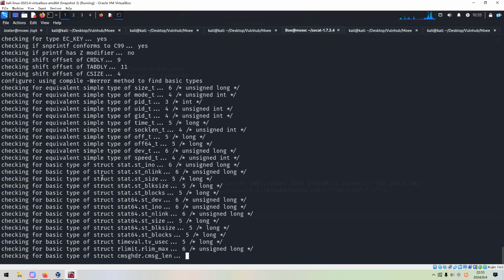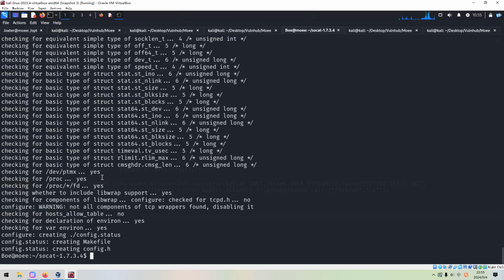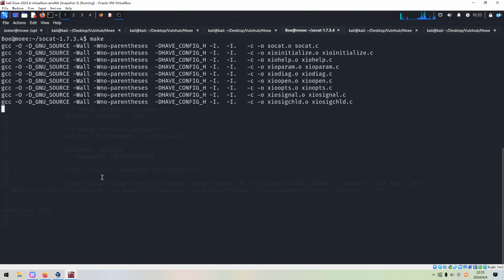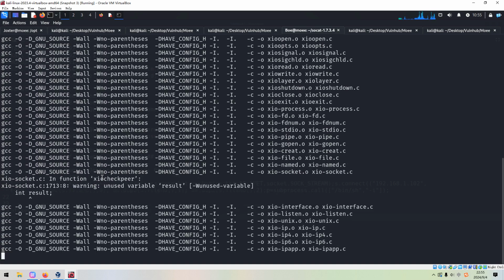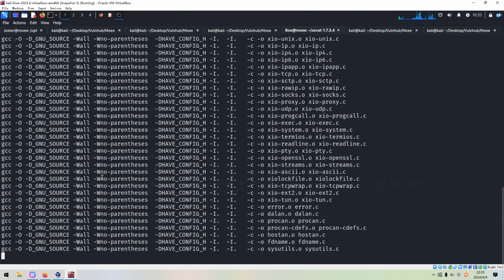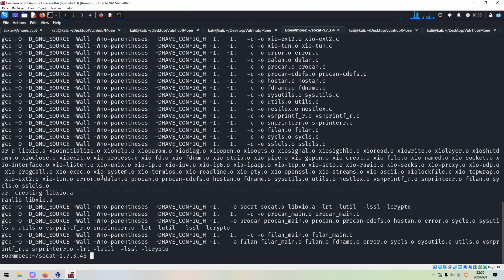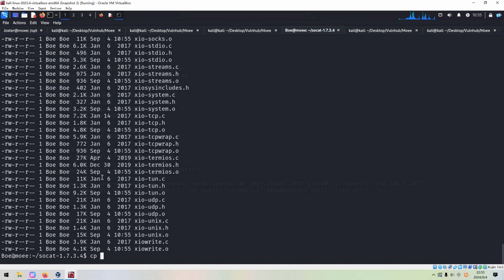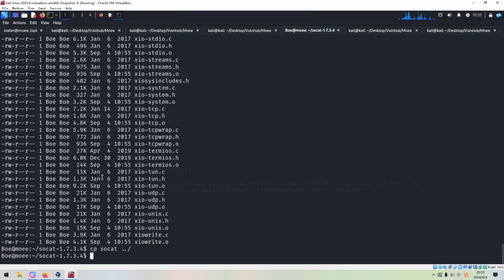We need to compile this source code, and we can make. Okay, it's done. And then we can copy socat to the upper directory.